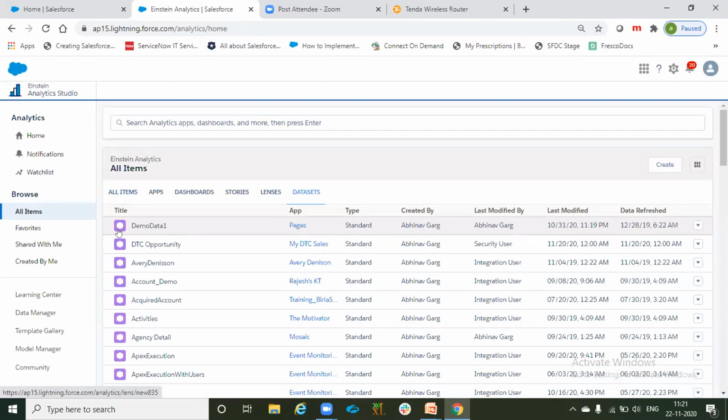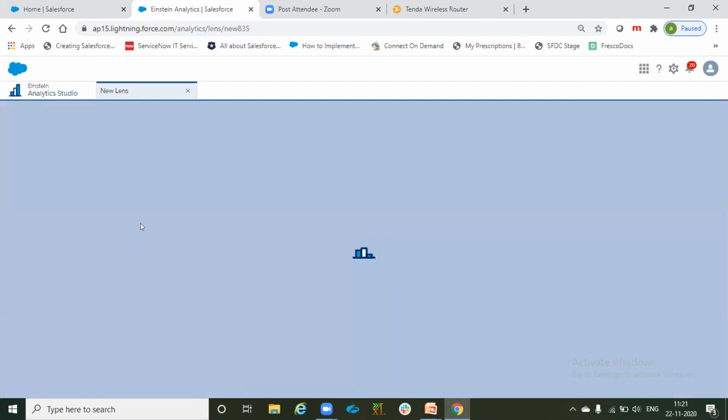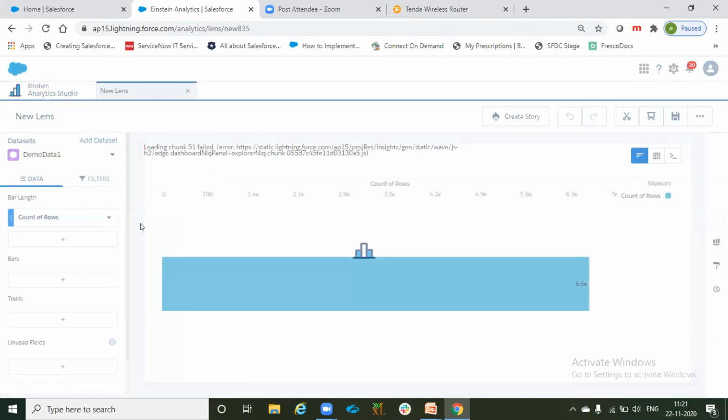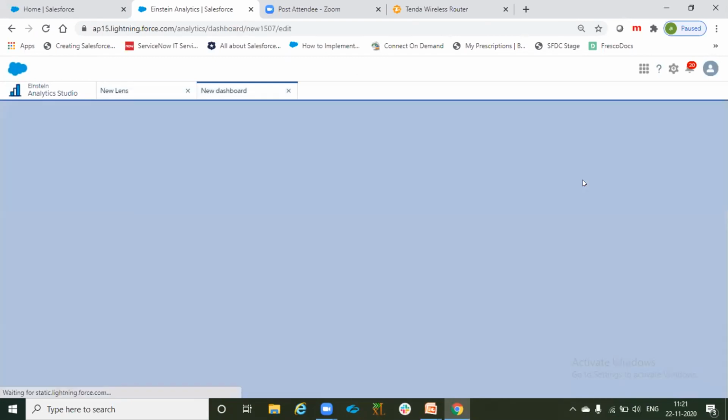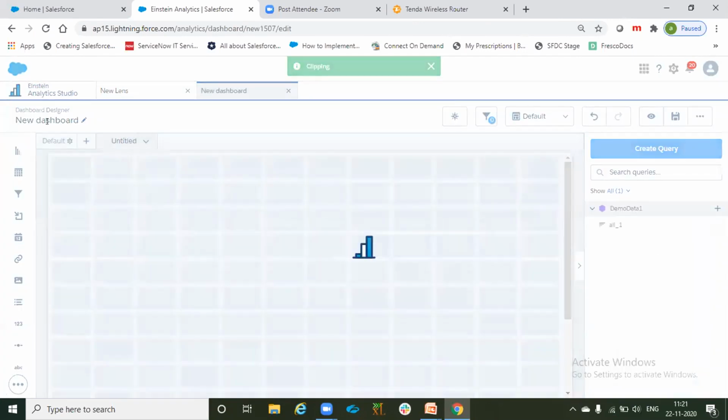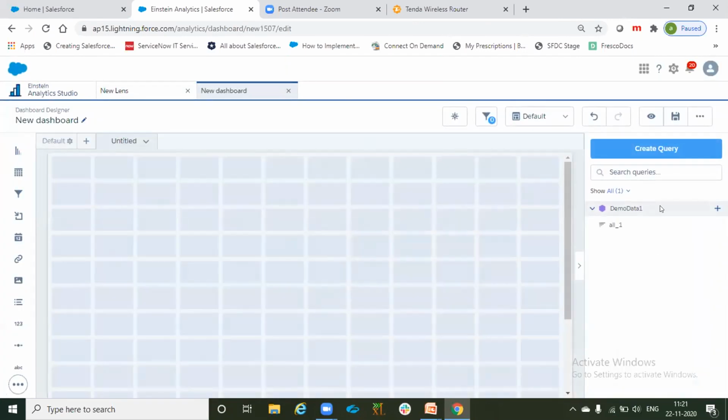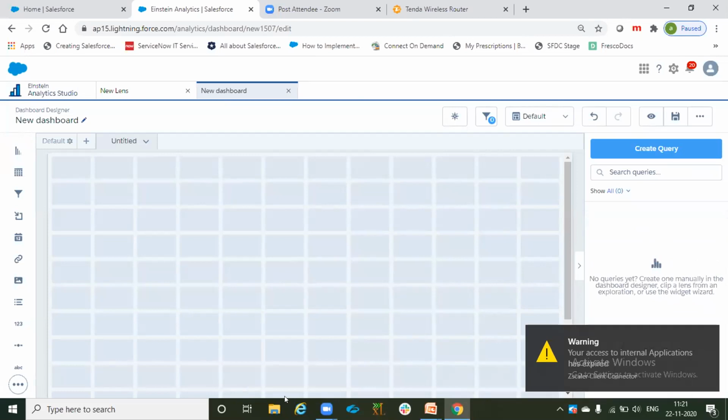So everyone, I'm expecting everyone knows how to create a data set and knows about Einstein. So this is my data set. I'm creating my first dashboard here. Okay, so this is our dashboard screen, and let me delete this part also. So this is our blank dashboard as of now. So design your first dashboard.